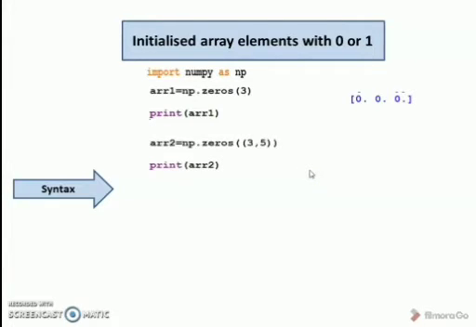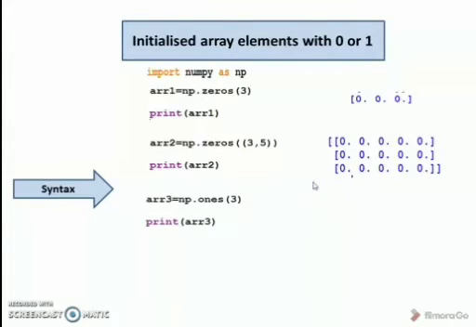In similar way we can create 2D array. So to create 2D array, we provide two parameter inside parenthesis. So here we are writing 3, 5. So it will create 2D array with 3 rows and 5 columns and all elements will be 0. So it will return array object. When we print this particular object, output will be, you can see 2D array, we have 3 rows and 1, 2, 3, 4, 5 columns, right? So in this way we can create 2D array with 0 elements, right?